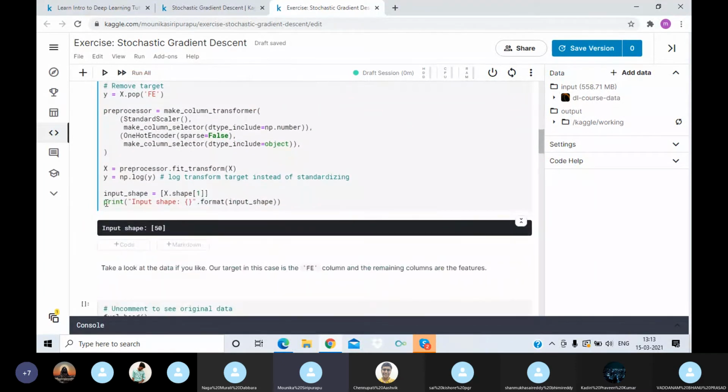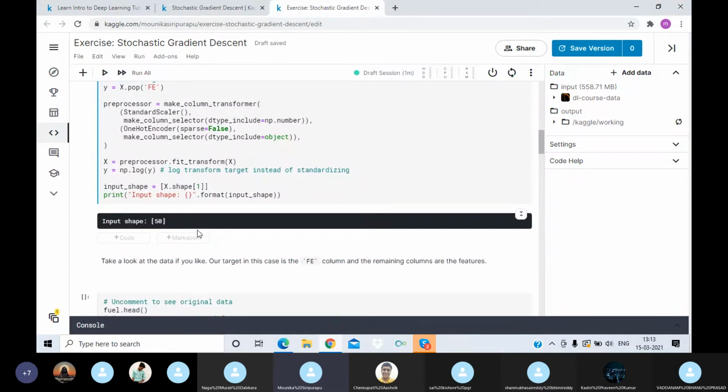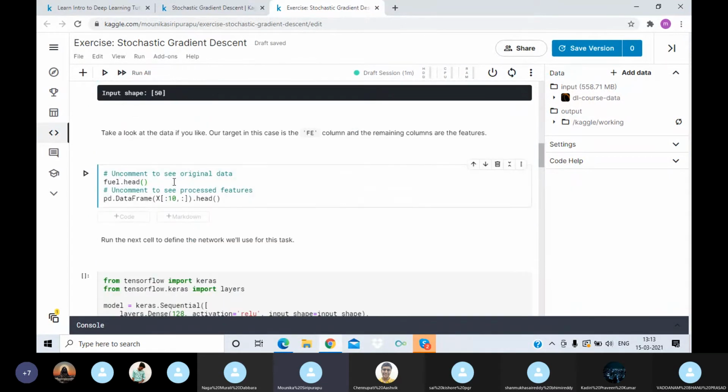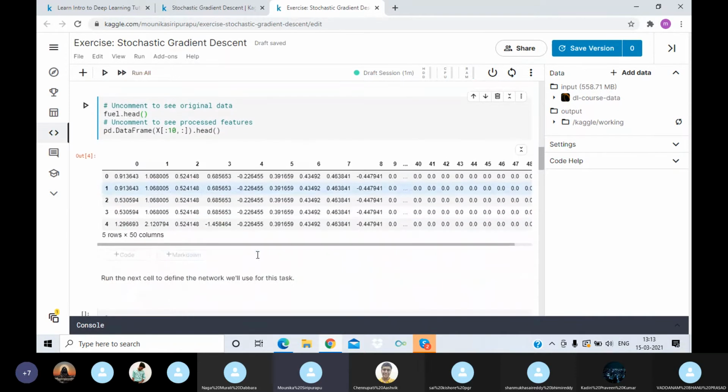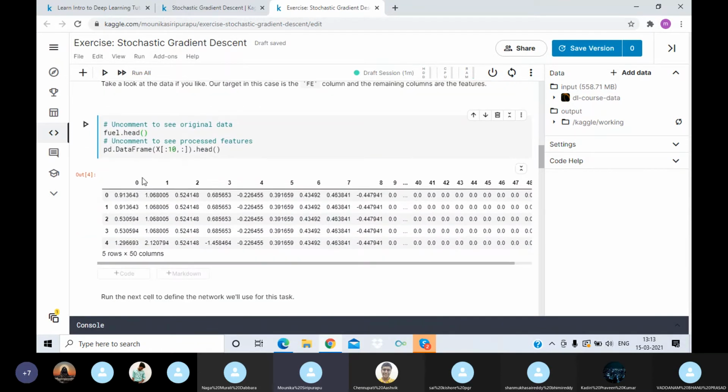In the last step, they have printed the input shape, so the number of inputs we are giving is 50. Now take a look at the data if you like. Our target in this case is the fuel economy column, and the remaining columns are the features. This is the dataset we are going to use, 5 rows and 50 columns.